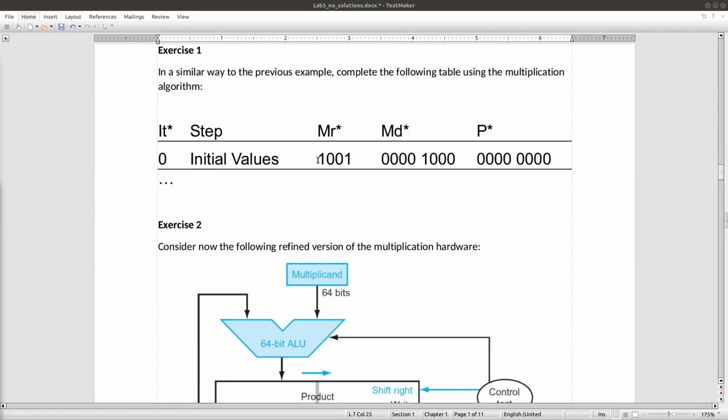We will apply the same algorithm, the same execution in multiplication, but we will have different values for multiplier and multiplicand. Of course, I will show this program together with you so that you can check the result yourself and understand how it works.